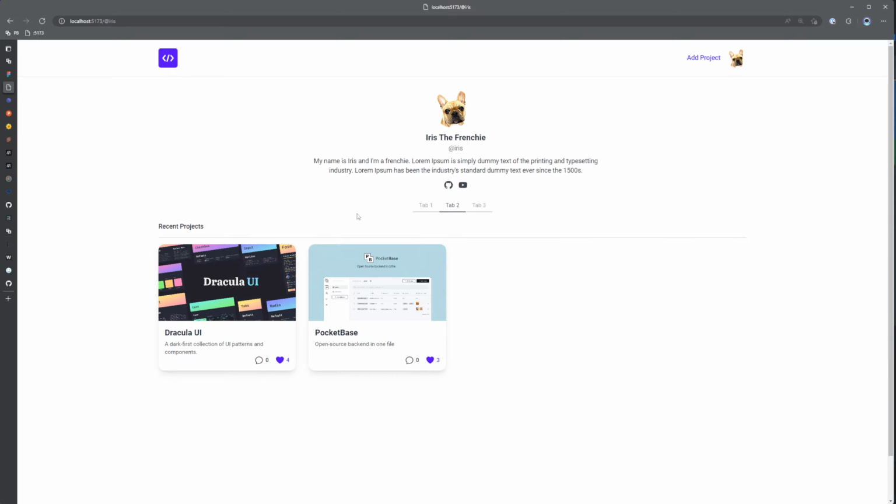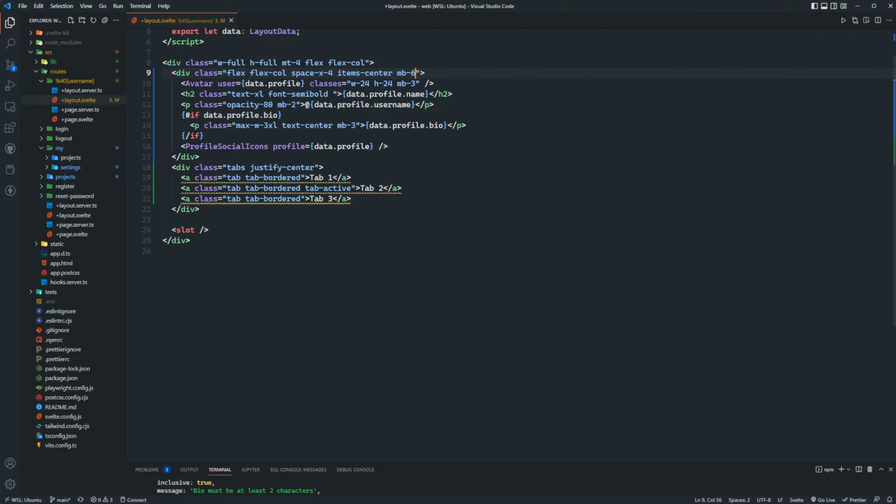And I really want these to be more spread out. I don't know if that's really how tabs should look. I know they should look like this probably, but